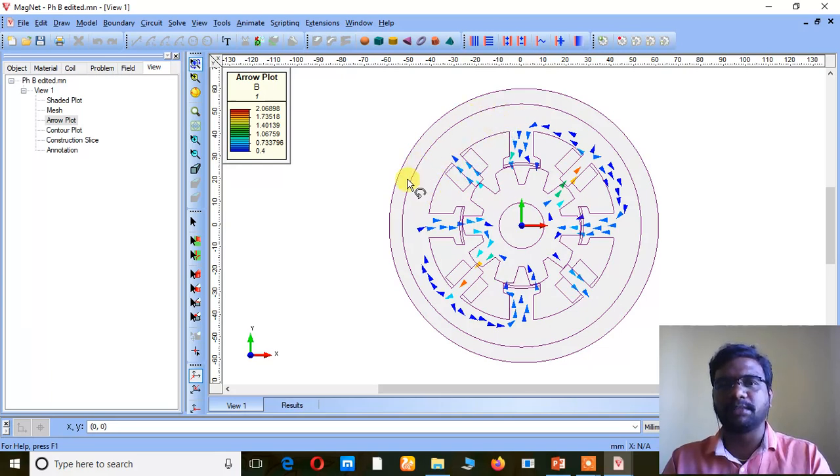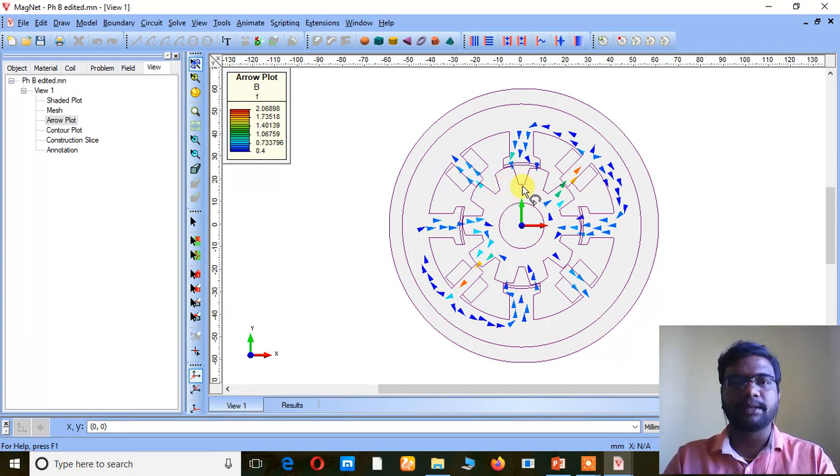So during phase B, only this area will be occupied. During phase A, only this area will be occupied. So there is no overlap of flux flow here. So this is said to be a flux reversal free stator switched reluctance motor.